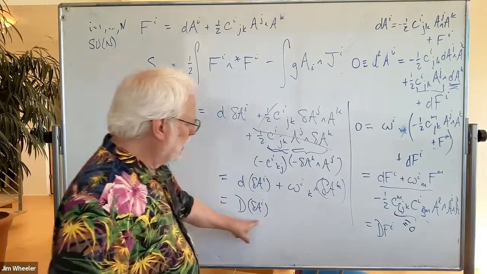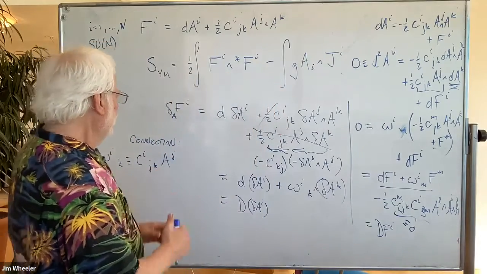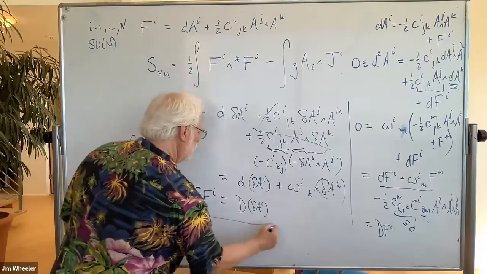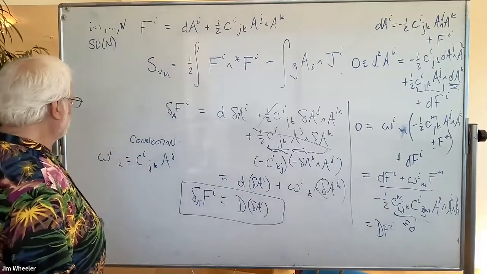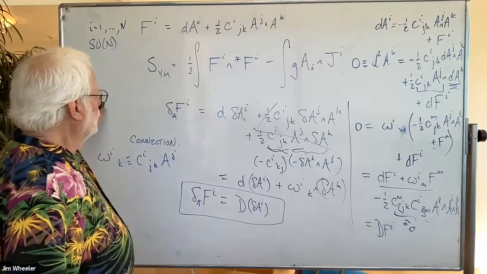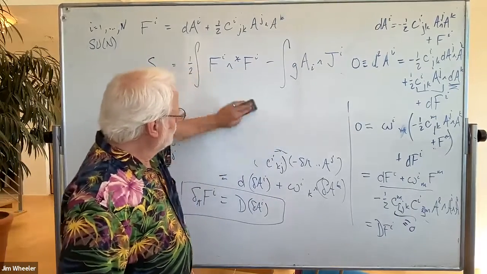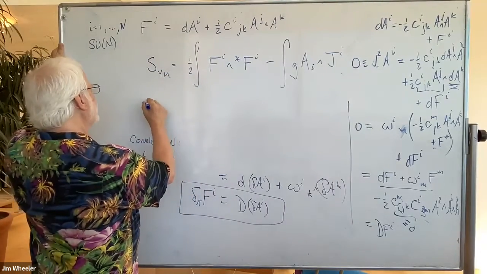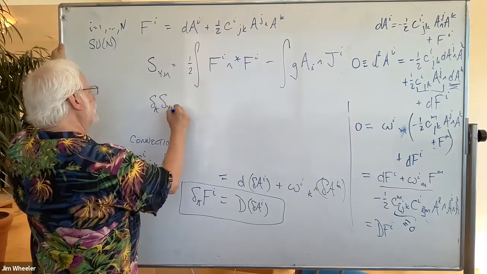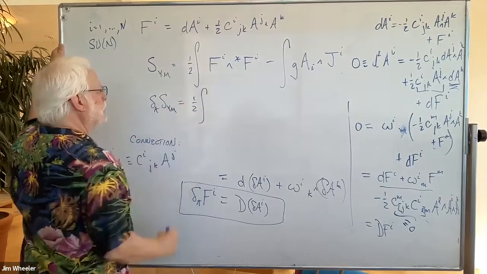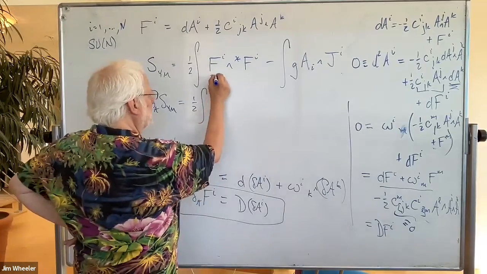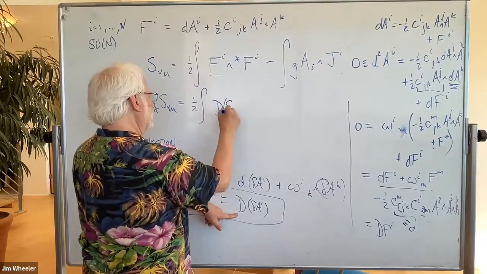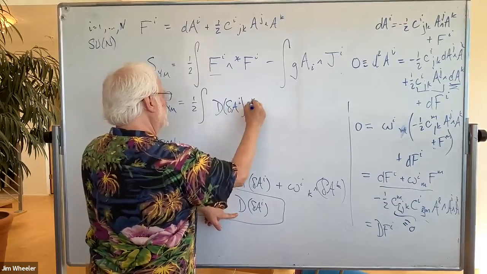So now we have this same covariant derivative, and we see that the variation of the field strength is the covariant exterior derivative of the variation of the potentials. That makes varying these things fairly straightforward. Okay, so varying A in the Yang-Mills action, I'm going to get the variation of F, but we just showed that the variation of F is D of the variation of A, wedge star F,